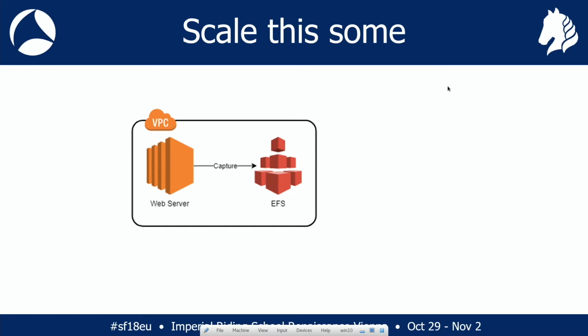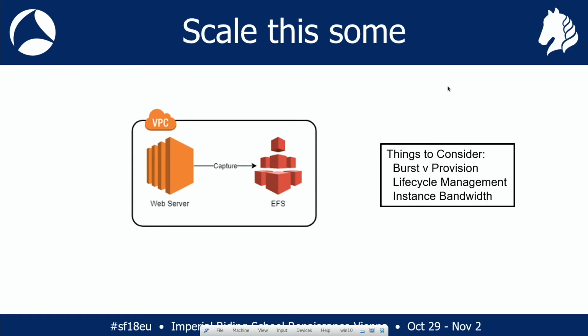But obviously there are a few things to consider when you're doing this. Primarily, how you configure EFS. Out of the box, EFS comes with two different options: burst mode or provisioned mode. This is based on the amount of data that you're going to send into the EFS partition. And lifecycle management, right? If you're going to keep writing 8 exabytes worth of data, then you're going to need to manage that and probably expire it after a while. Otherwise, it's just going to become crazy. But you've got to do that manually.